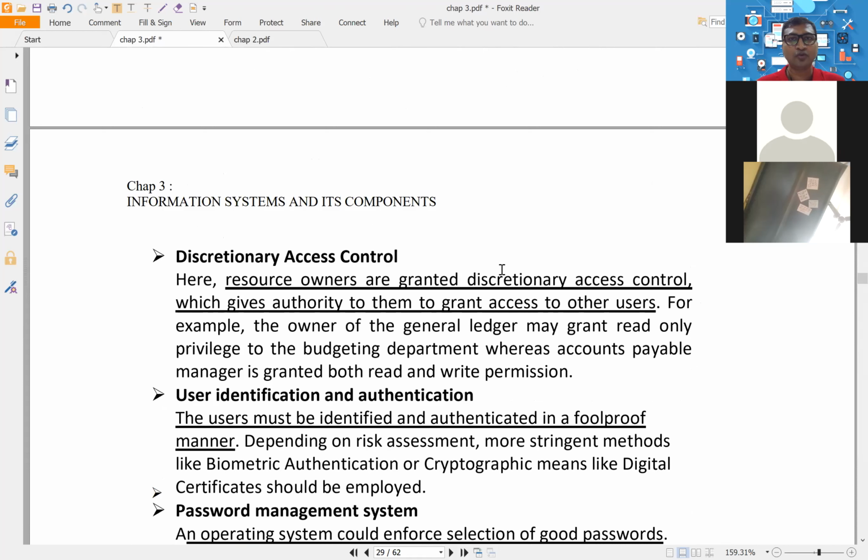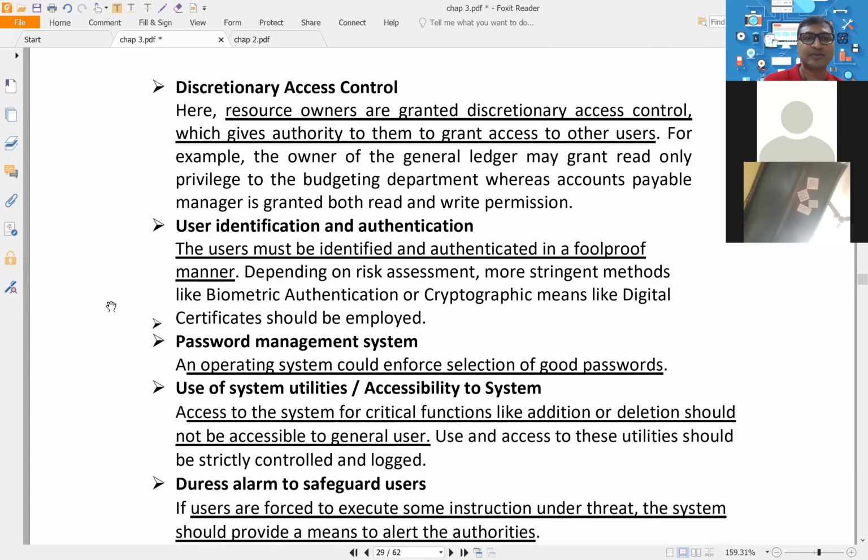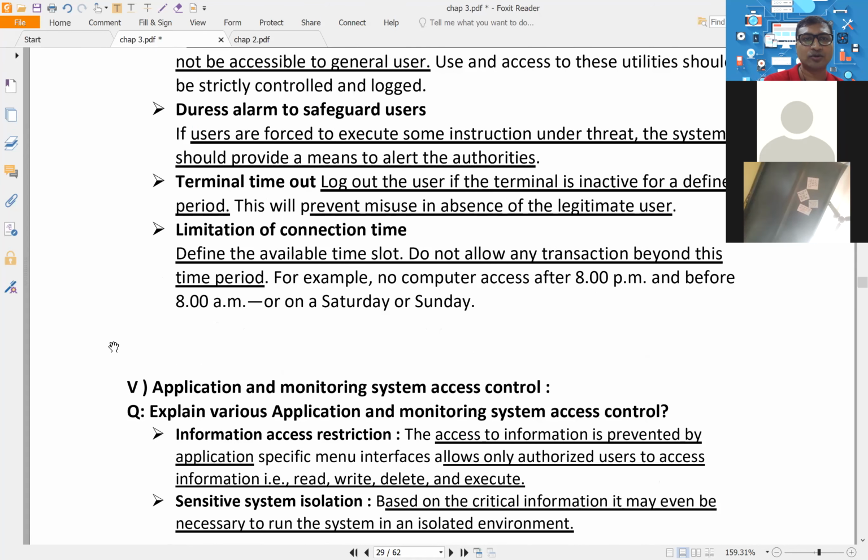So what the admin will do is delegate their powers to the respective head of department, and then the head of department will decide how their internal department employees can access the data. That is what discretionary means, as per their wish they can set the power for their own team members. Okay. So these are some important words in operating system access control. The rest were very easy. Duress alarm, if you remember, in case of emergency, how will you call for help? How will you activate the security? That is called duress alarm.